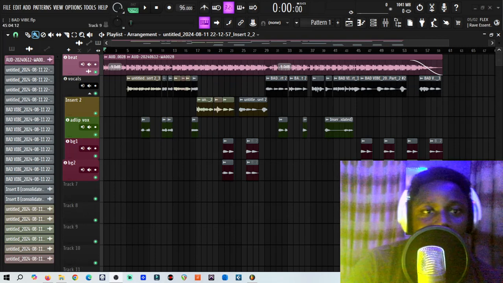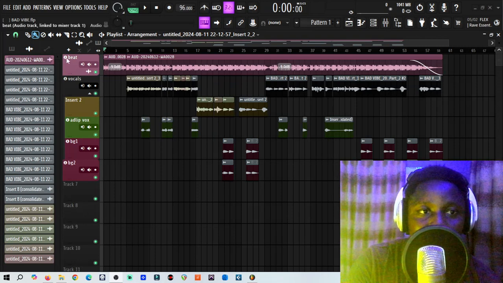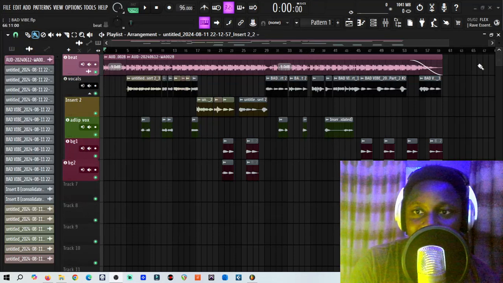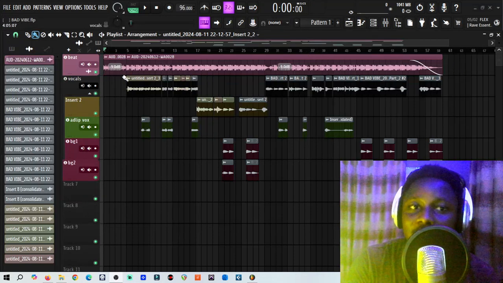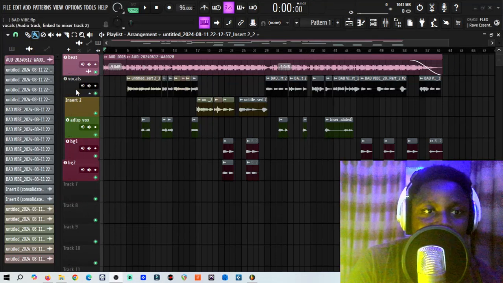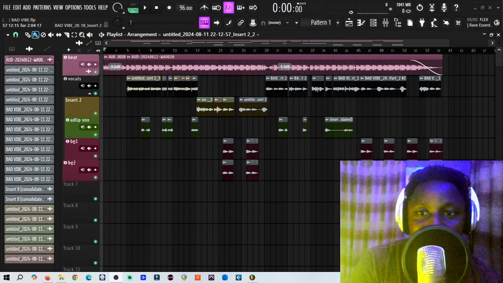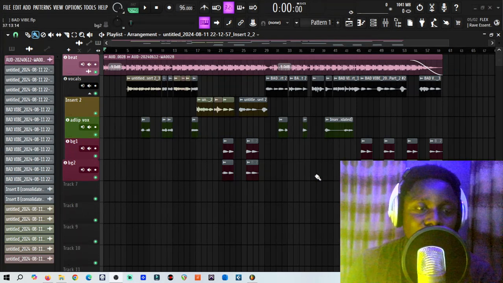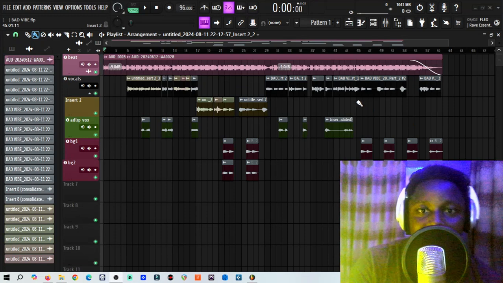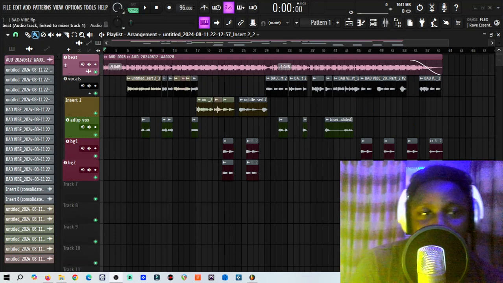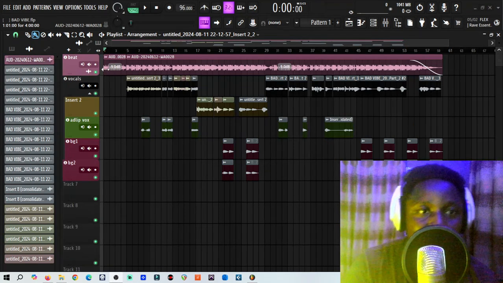So now if you look at this, we have the beats. So the beats here is a stem. If we export it, it will become a stem here. And then the vocals, you can see here, all of these are stems. So we are going to export them in a way that we can send to another producer to mix and master for us. So the first thing you need to do is, in FL Studio, link all